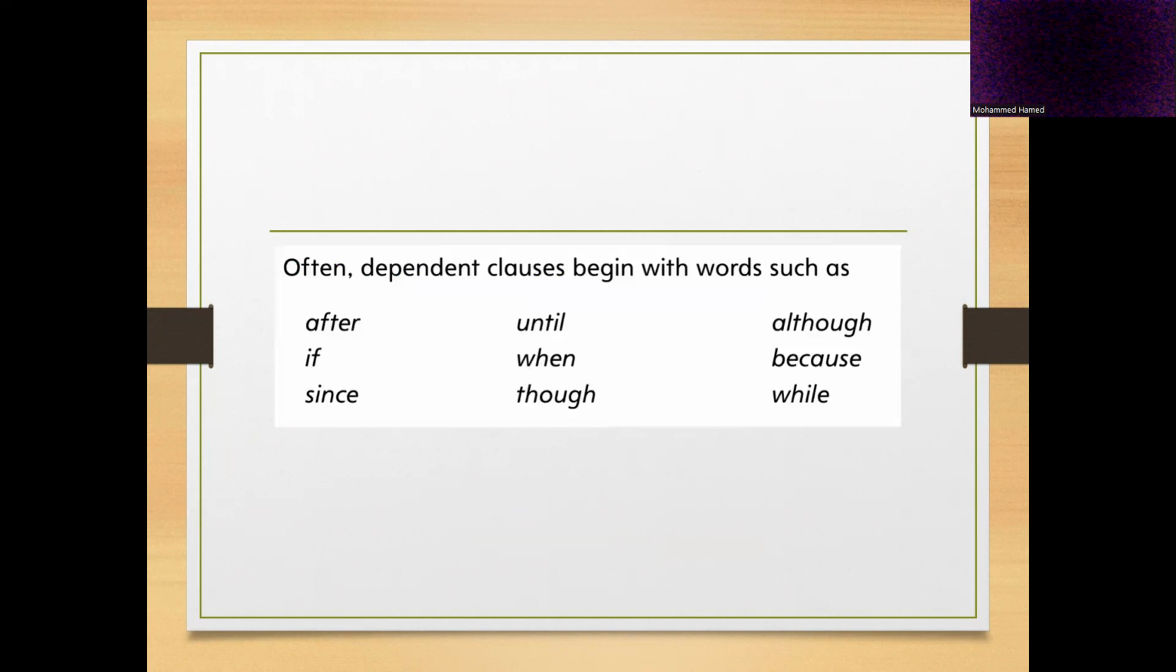We have to use these words, okay, these conjunctions like after, if, since, until, when, although, though, because, while, okay, and they always begin the dependent clause. Like if I said, when the moon appears, this sentence, if I write here, when the moon appears,